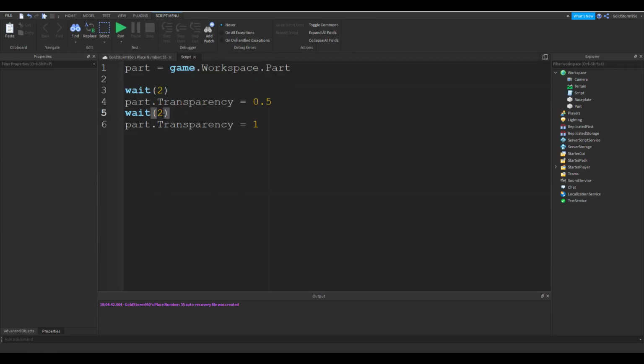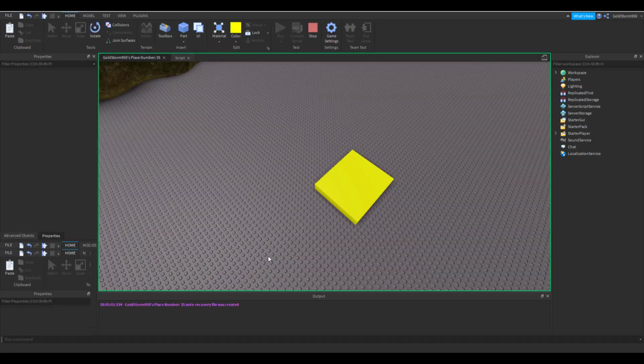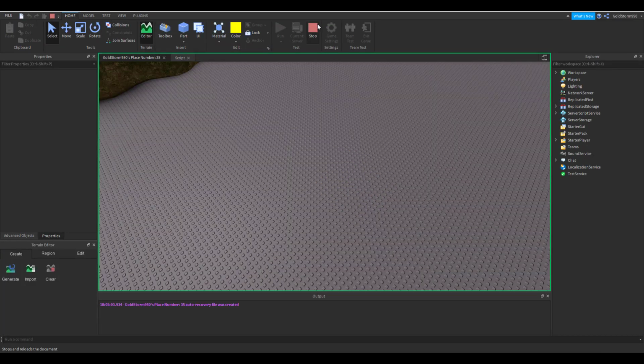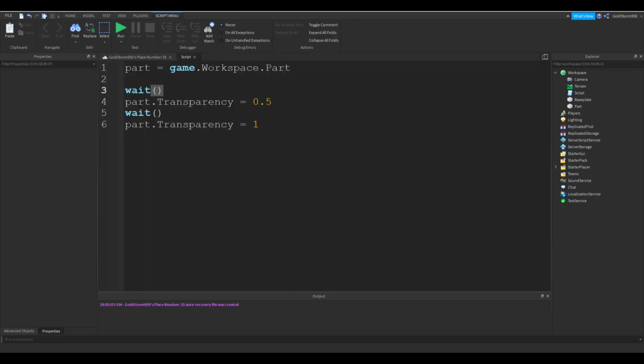Pretty simple. Now, if you were to have no number in there, you can try 0, but 0 is the same thing as this, and it actually does wait a little bit of time, like a tiny fraction of time. So this is pretty much the same thing as that. This and this is the same thing. Now if you're trying to do something where you really want it to be literally the tiniest amount of time ever,